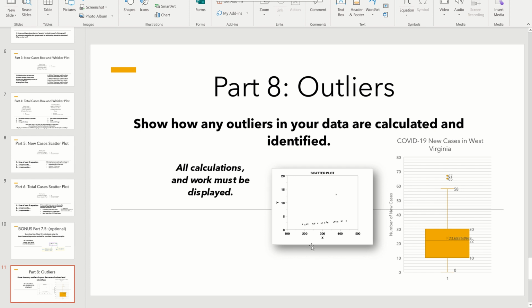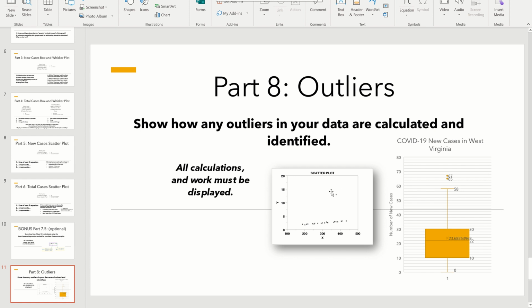An outlier, which I know some of you already know, but maybe you don't know how to calculate them. An outlier is just a data point that doesn't follow the data trend. Like for example, in this scatter plot right here, you got all these little data points following a nice trend line. You can clearly see it, but then you got this one little point up here, the little rogue number. It's like, I'm not following your crowd. That's called an outlier, okay?